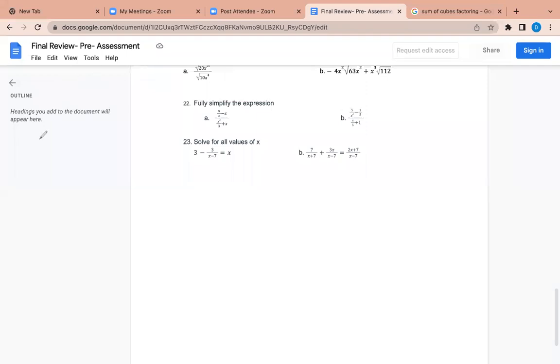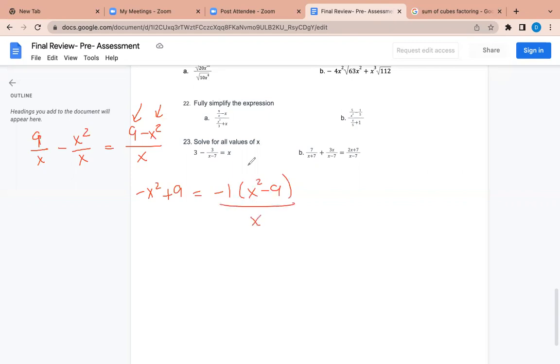So it'll be 9 over x minus x squared over x, which then equals 9 minus x squared over x. And remember, this should look kind of peculiar to you because the variable is not in front and the number's in front. So you want to flip them over if necessary, and I think you do because these are the difference of squares. So it'll be negative x squared plus 9. And you want to factor out the negative 1. So this equals negative 1 times x squared minus 9, all over x. So that's that top